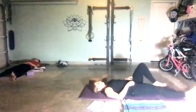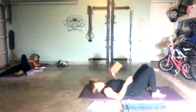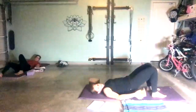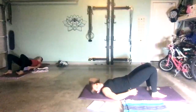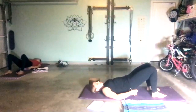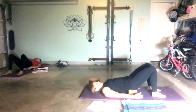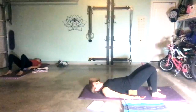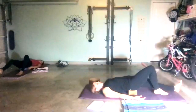And then bend the knees, take the feet flat to the mat. Lift the hips and slide a block, if you have one, or a cushion underneath your sacrum, right there where your buns begin. And we're going to stay here in supported bridge. So you're welcome to stay just like this on the block, or if you want, slowly straighten one leg out down your mat and then the other,